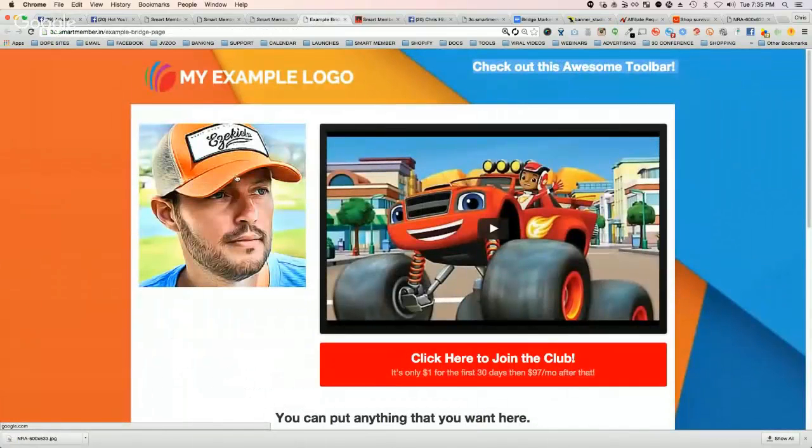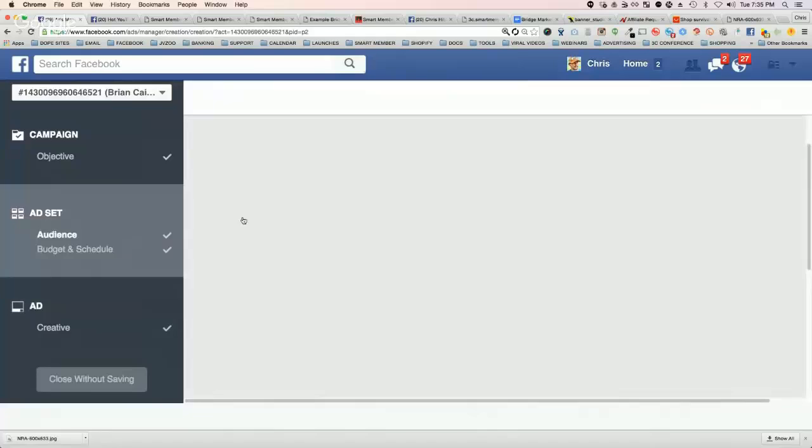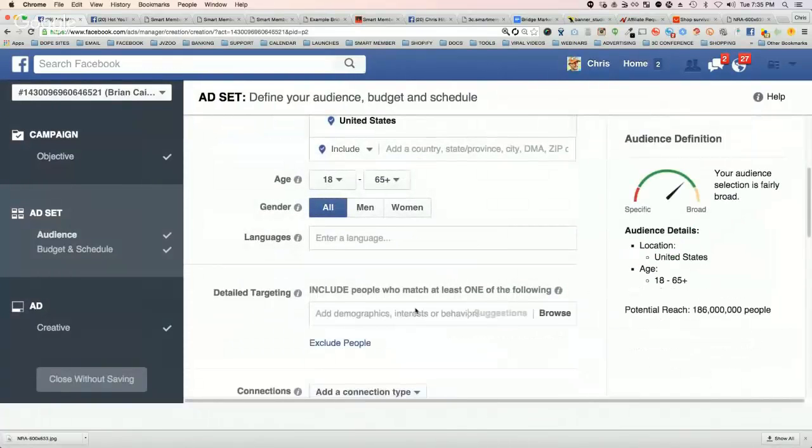I'm going to do a whole training on this, because you guys are just going to be blown away. This is the power of bridge marketing, that I can do that. Because watch what I can do. Let's say that's ad number 1 and I place it. Now I'm going to keep everything the same, but instead of National Rifle Association,